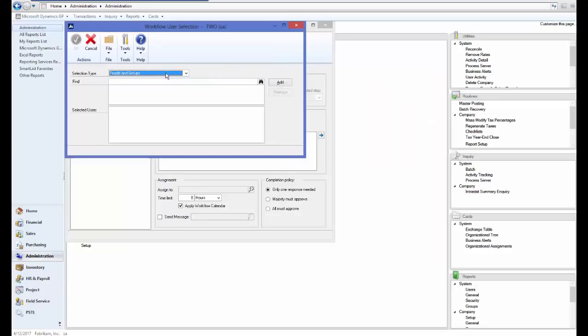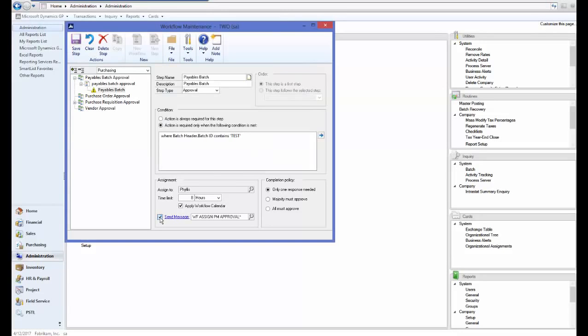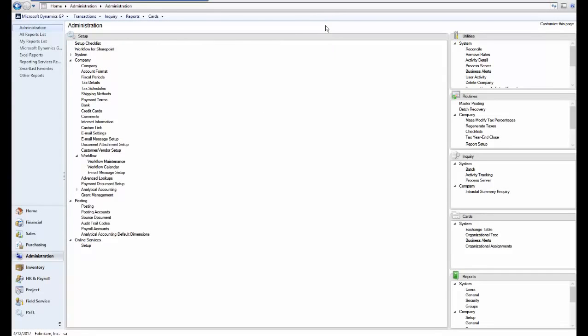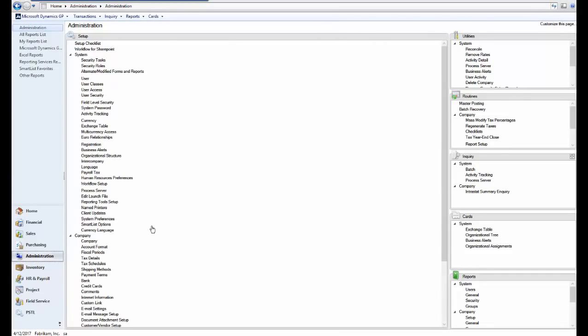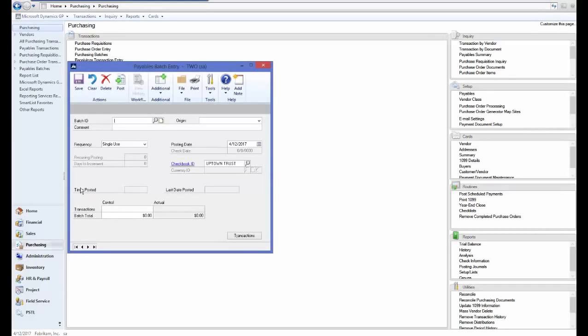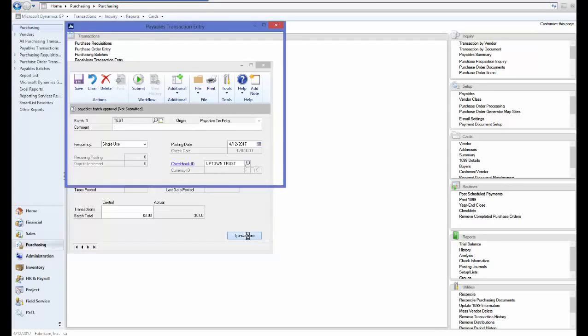I'm going to assign it to my user. I'm going to select send message for the approver. Click save. And now I'm going to go back and activate the workflow and click Save. And now I can close the window. So now let's go open up a purchasing batch. I'm going to click Purchasing, click Batches, and I can see that there's a ribbon now on this window. So let's create a batch, Test, Payables, Transaction Entry, click Transactions,